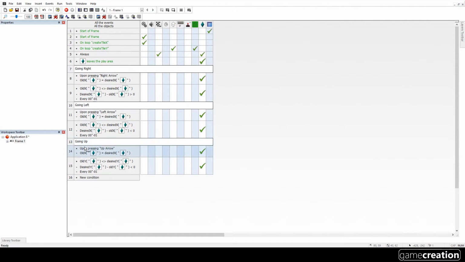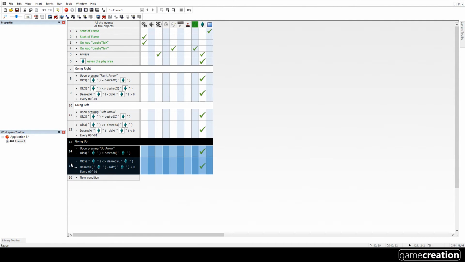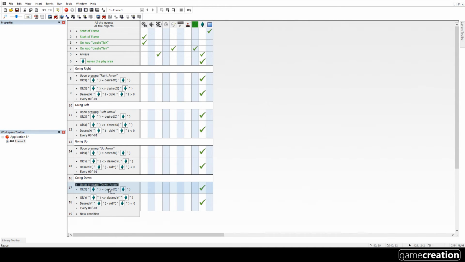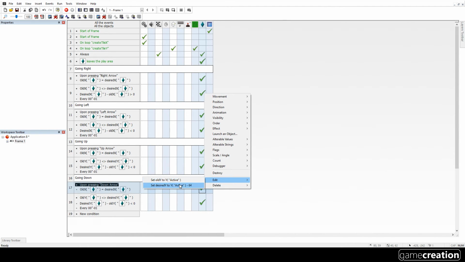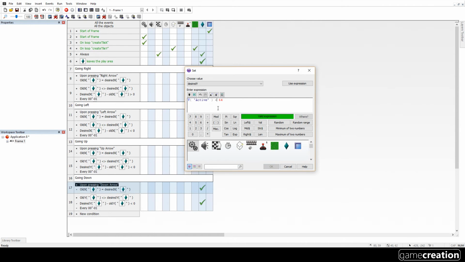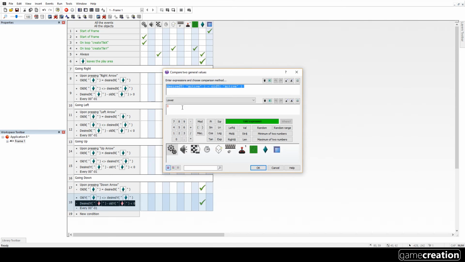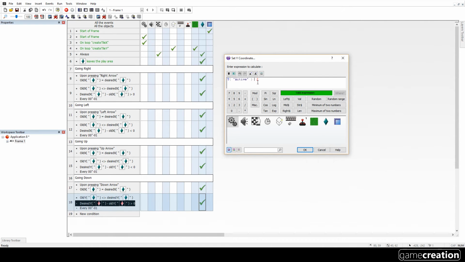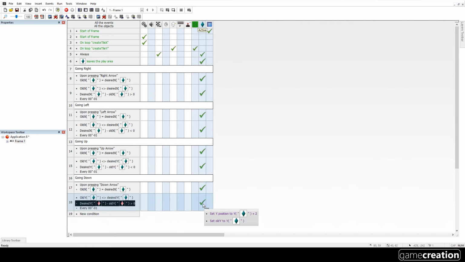Okay, so I'm going to copy all of that. This time I'm going down. Not press enter. You have to click OK. Okay, so down arrow. It's going to be pretty much the same thing, except for the fact I'm adding 64. This is going to be greater than 0. And this is going to be adding 2, because down is a plus. Okay, let's run that and see if that